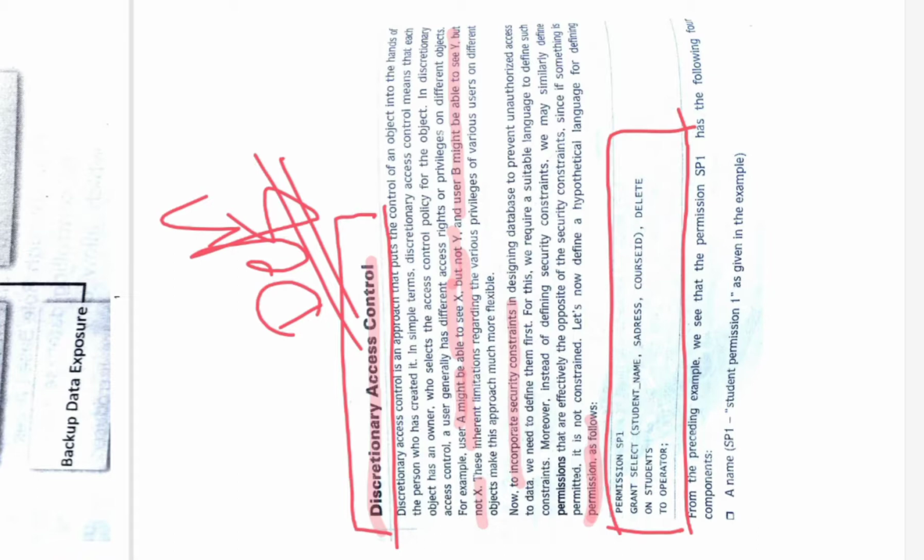First I will make you clear about everything specified here, and then we'll move on. Whatever permission I want to provide, first of all I need to give a name to that permission. There is a syntax to this. First I will speak about the syntax and then I will talk about this example.